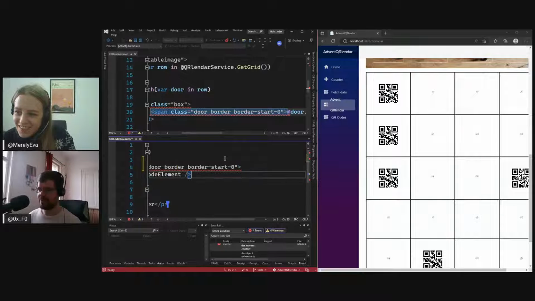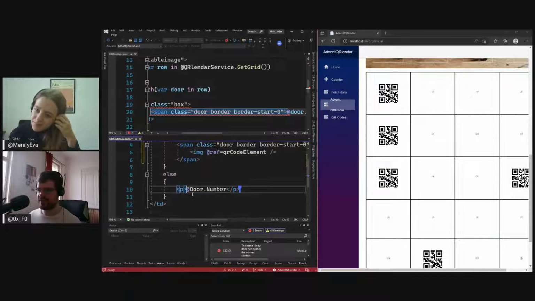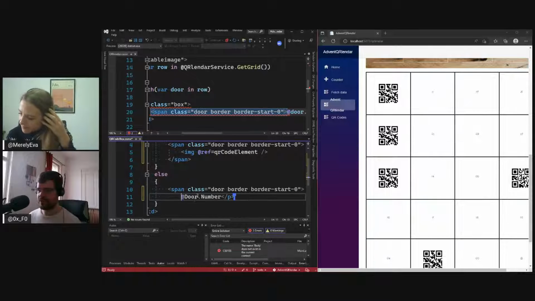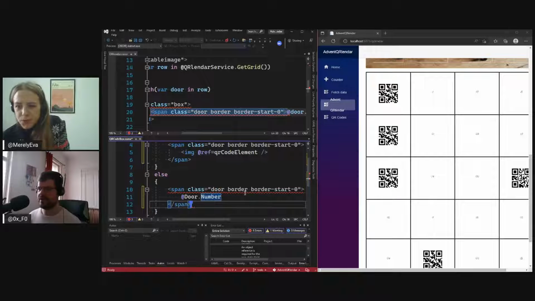And we now wrap the elements into a span. In the last session, I think we also discussed what the difference between a div and a span is,